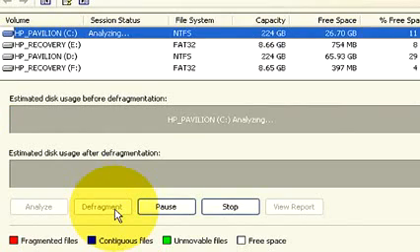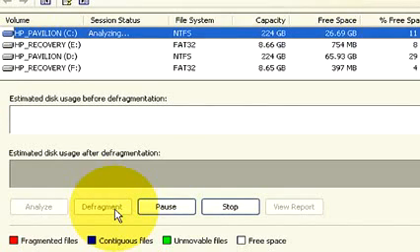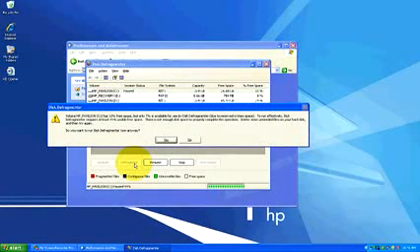So once we click on defragment, it goes into, like I said, the analyzation mode again, where it's going to analyze your system. Now it's saying that we don't have enough free space in order to run the defragmentation, because technically you have to have at least 15% of space on the computer to run the defragmentation, and we have 12%. But it says that you can only use 7% for the disk defragmenter, so technically we shouldn't be running the defragment anyway,